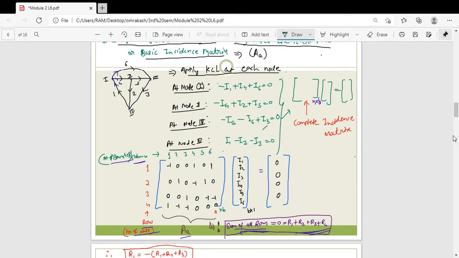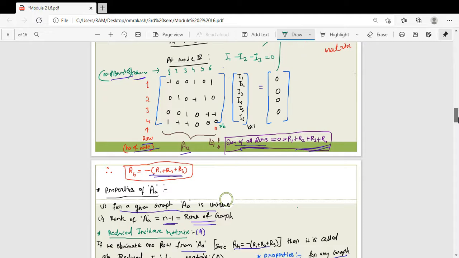And now see, when you observe all the elements in this matrix, if you sum them, then you get 0. And this condition is valid for this matrix. If you sum all the rows, then you will get the value 0, right? When you sum all the elements in this matrix you get the value 0. What is row 1? This is your row 1, this is your row 2, this is your row 3 and row 4. Okay,